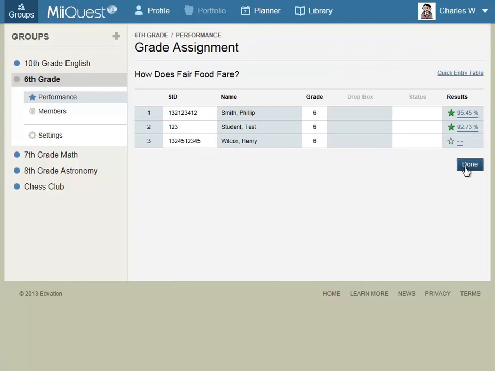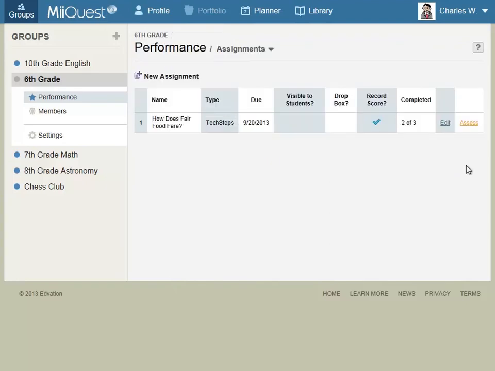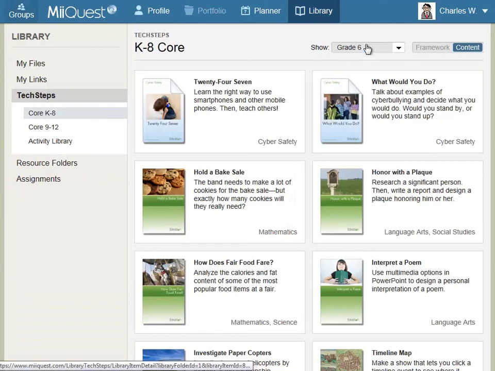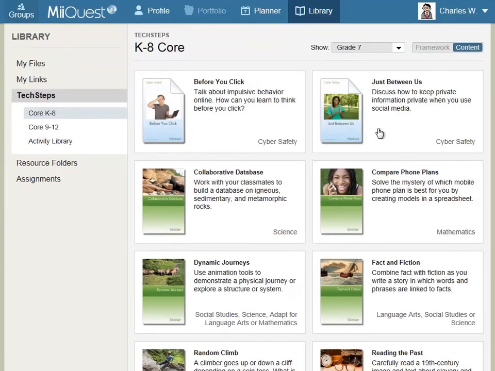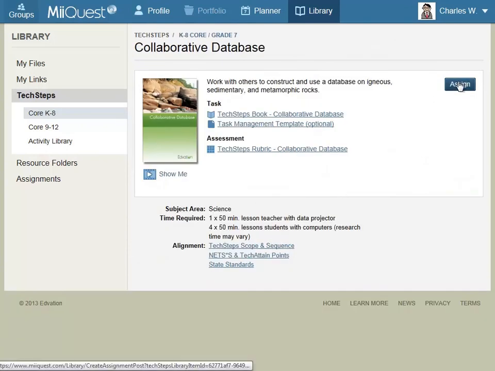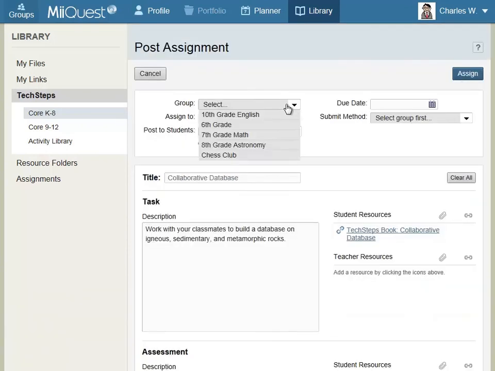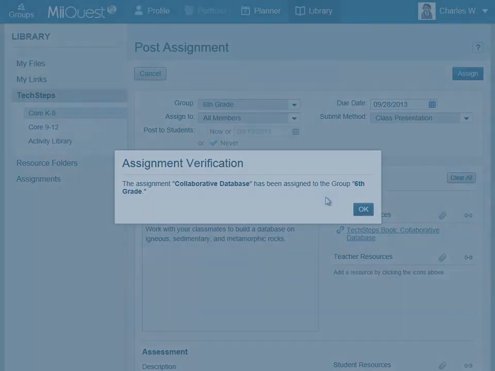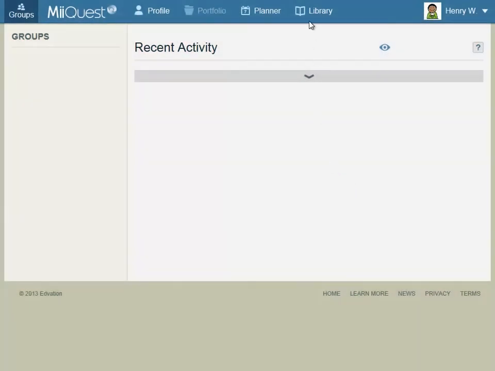While we're here, I'd like to quickly demonstrate one more feature. From the MiiQuest Library tab, I can assign books from any grade level to any group. For example, I can assign this 7th grade activity, Collaborative Database, to a group of 6th grade students. Now if I log back in as a student, this new 7th grade activity will display with the other core